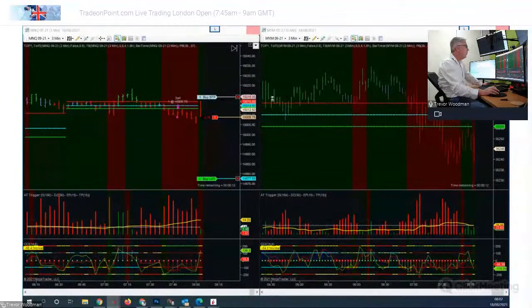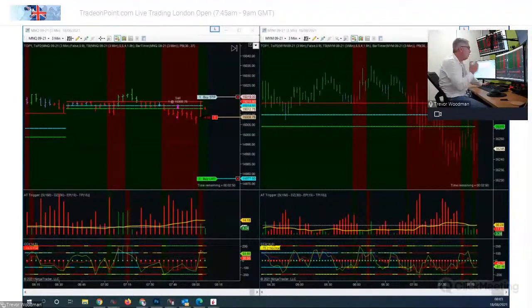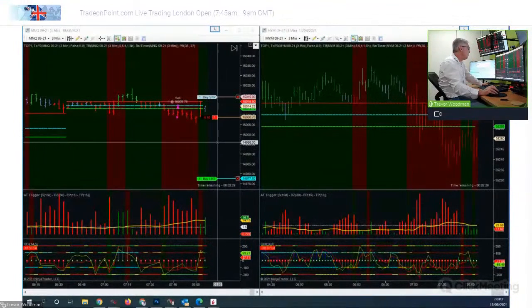So we can see, we had that little spike. We haven't broken the high of the open, so that I like. We can see the Dow Jones futures, this is the YM, so Dow Jones Micro Futures are trying to track lower. So that's good news for us with the trade on the NASDAQ. But again,